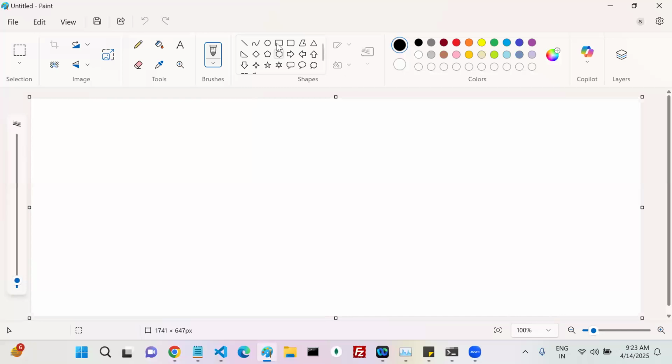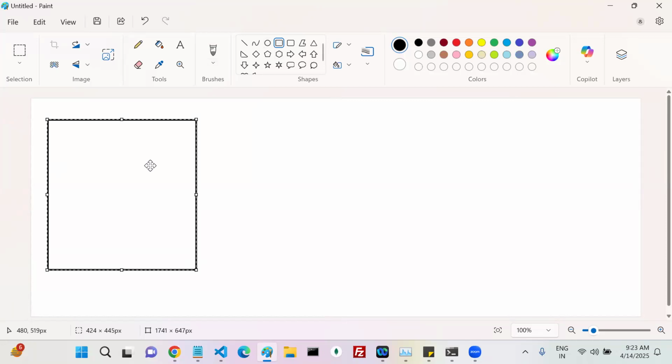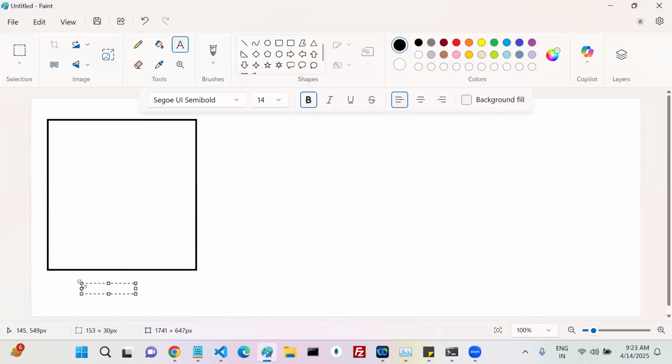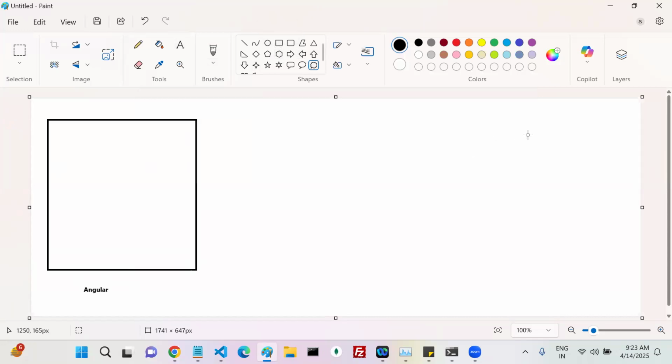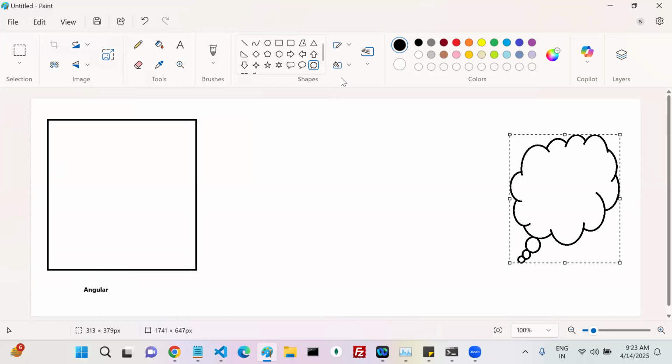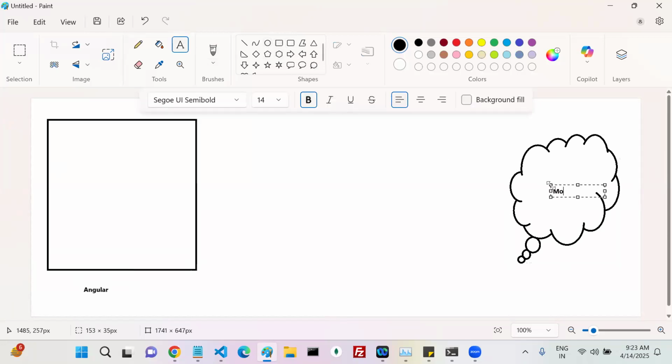Let me draw the flow so you can easily understand. This is my browser. In my browser, some content is loaded, and I want to prepare that content using Angular. This is a dynamic web application, so we have dynamic content, and that data is loaded from my database. So I need one DB, and you can fix any DB, for example MongoDB.